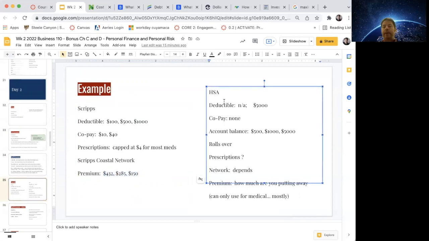Now, let's talk about a health savings account very briefly. Just keep in mind, these are kind of made up numbers and it really depends on what's going on. Usually, and it depends, there's not a deductible with a health savings account. You're going to either pull from the account or you're not. If that makes sense. Okay. And there are exceptions, because there are some HSAs that are kind of like some of the other insurances, where they do have a deductible and they do have a copay.